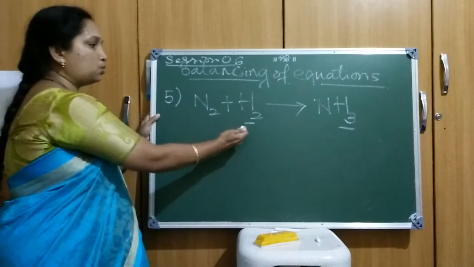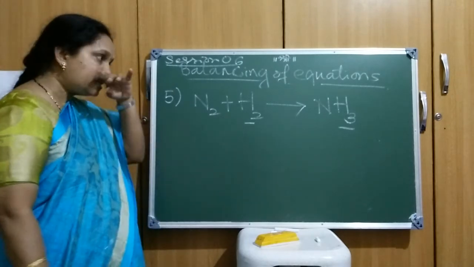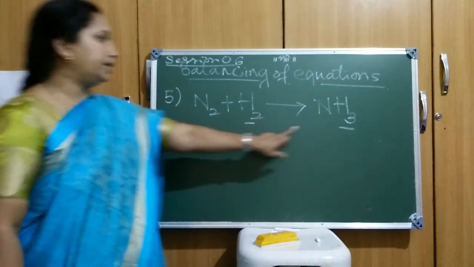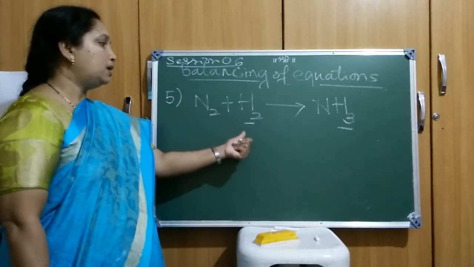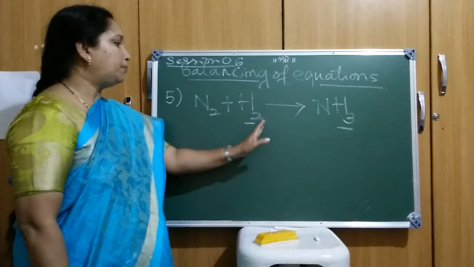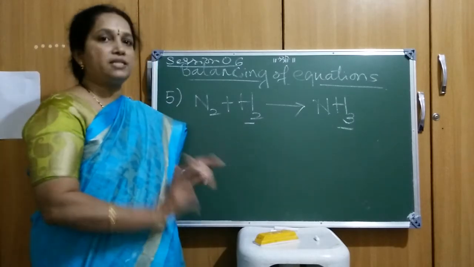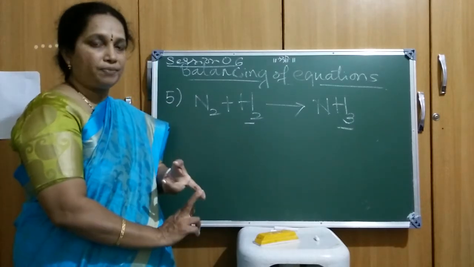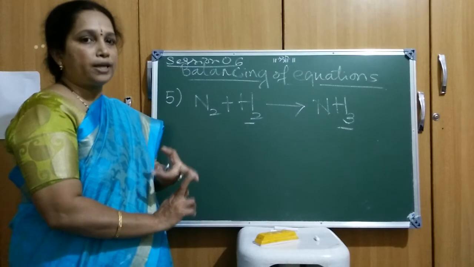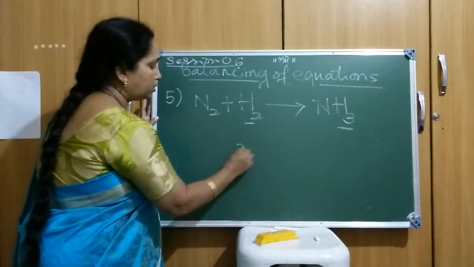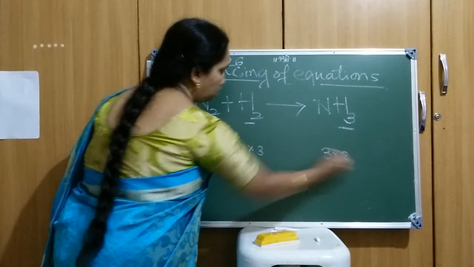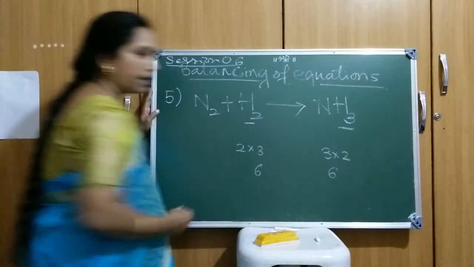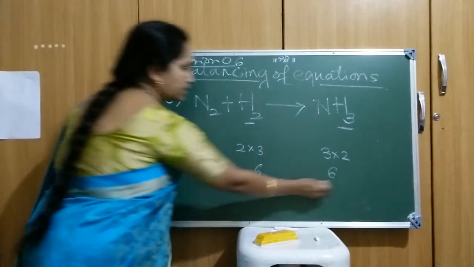Now how to balance over here? As it is a 2 over here and 3 over here, to make it balanced, you have to get a product where by multiplying these numbers you are going to get the same product. That property of mathematics you can use over here. That means for the 2 you multiply by 3, and for the 3 you multiply by 2, you are going to get 6. Correct?